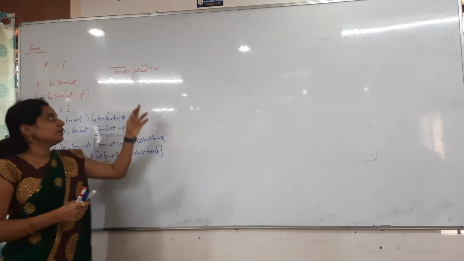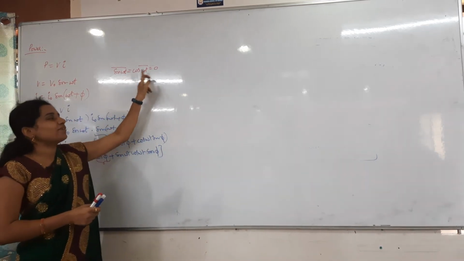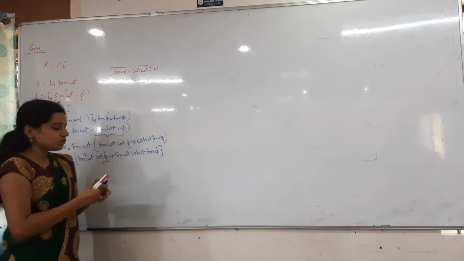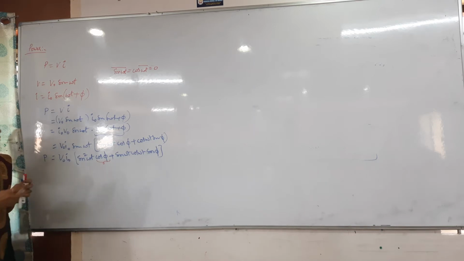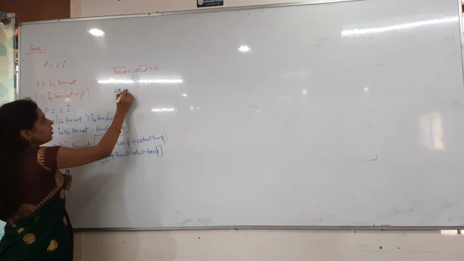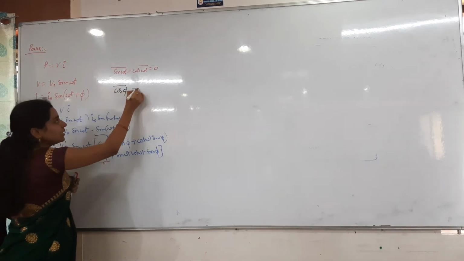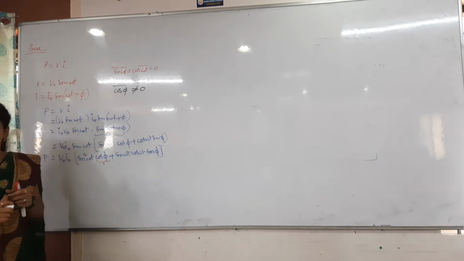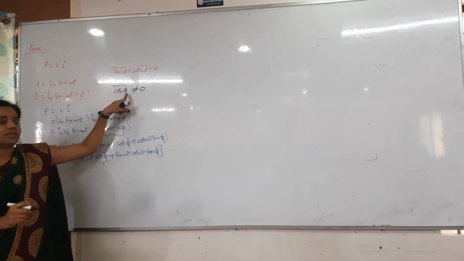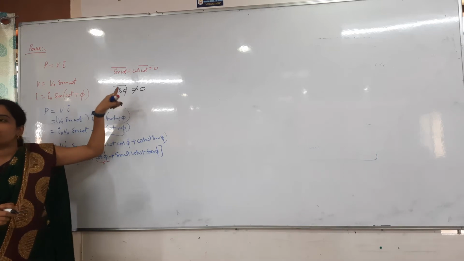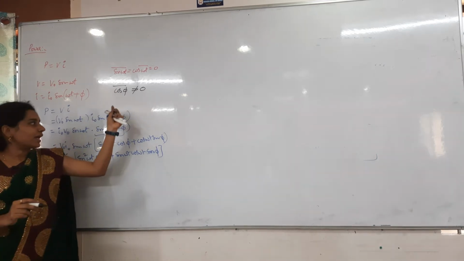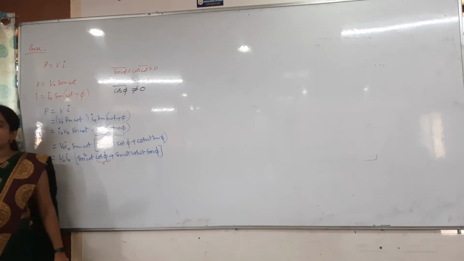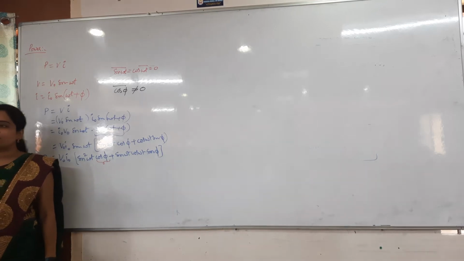The function which depends on time has average value 0. So whenever I say the average of sin omega t is 0, you cannot immediately say that cos phi is equal to 0. That is not equal to 0. Why? What is the reason? Yes, the initial phase is not depending on the time. We have the phase difference phi at time t equal to 0. It is not varying with time.